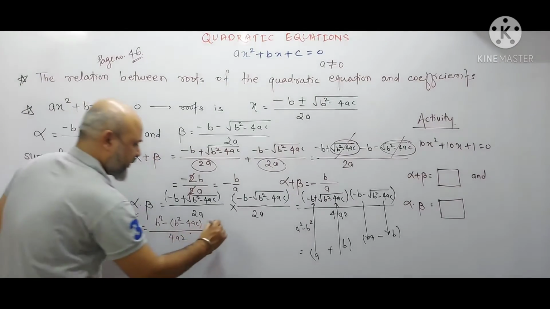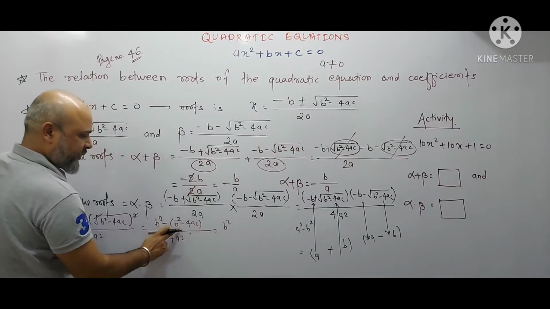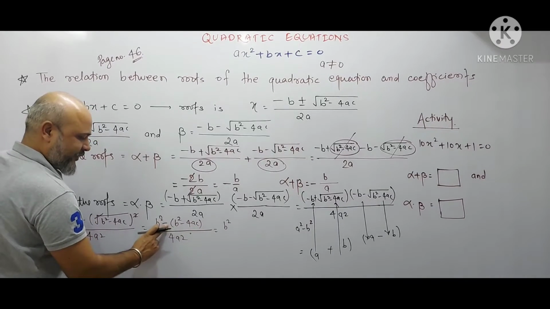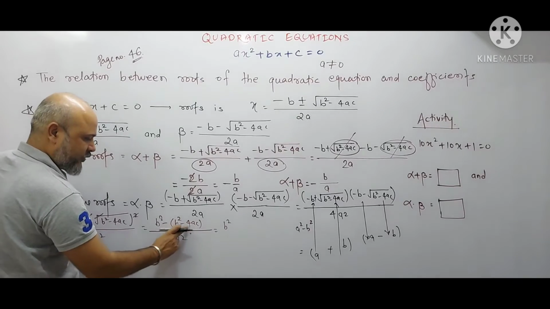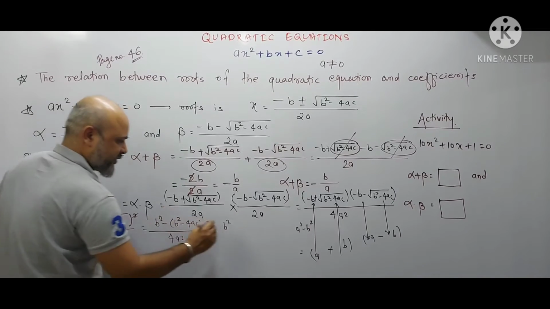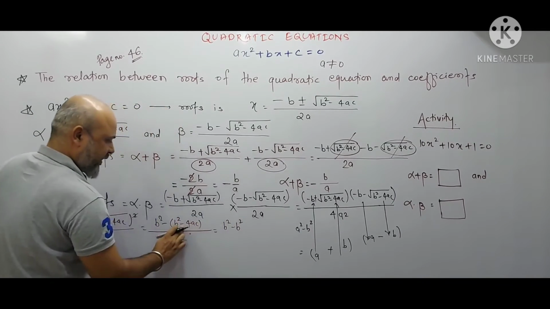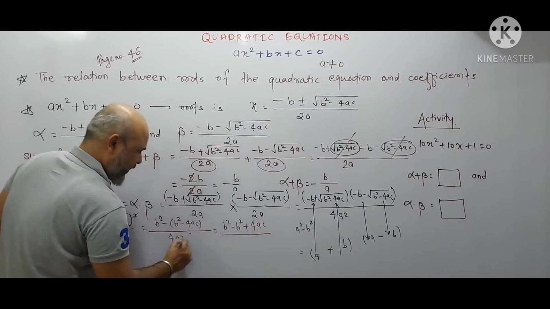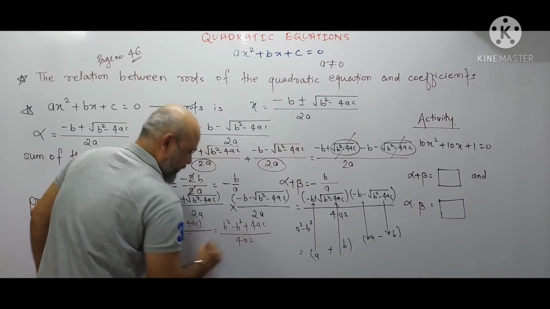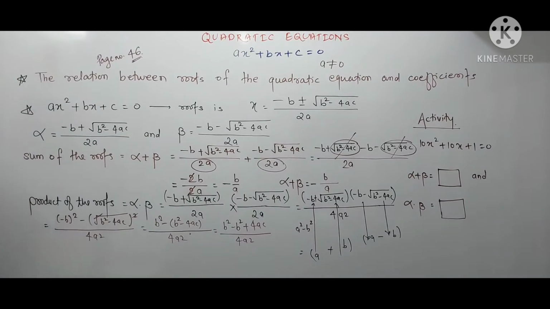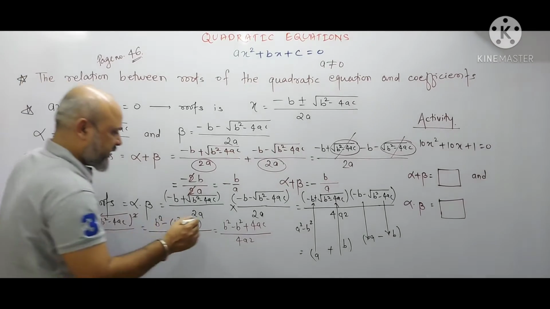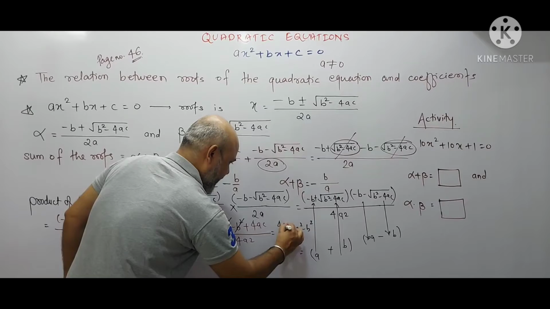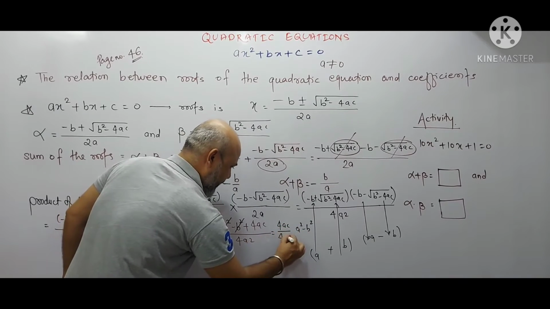equal to b square. Now I will open the bracket, b square minus 4ac, and here we are having minus sign, so sign of both the terms will change. This will be minus b square and this minus 4ac becomes plus 4ac and whole divided by 4a square. Okay. Now what will cancel out? This plus b square and minus b square will cancel out.